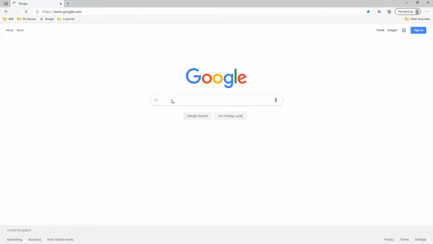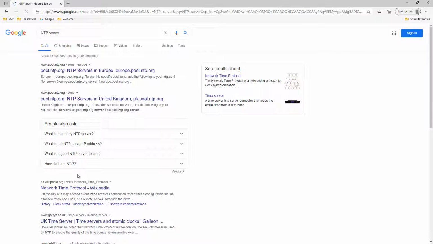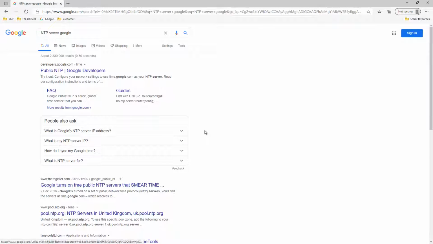Look at this, I think this is the Europe NTP, UK. Google NTP is also there. Look at this, the public NTP servers. So you can get the clock information from those servers as well.